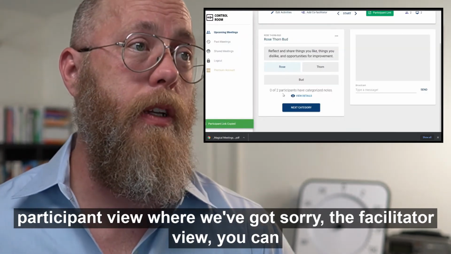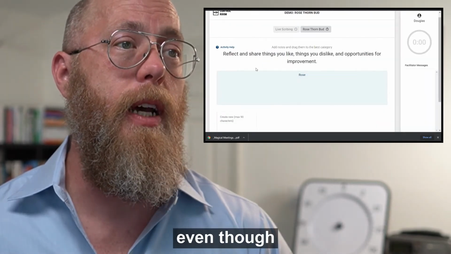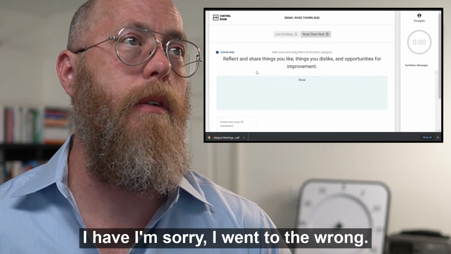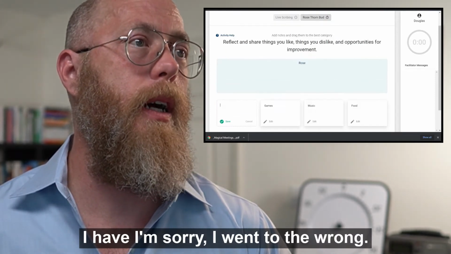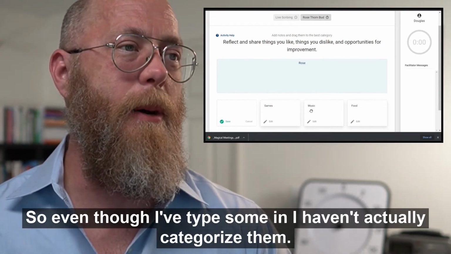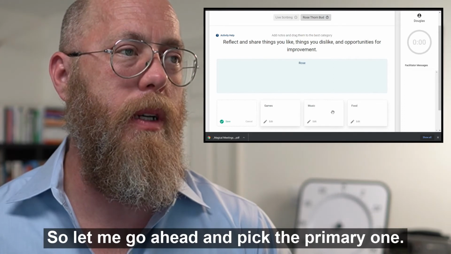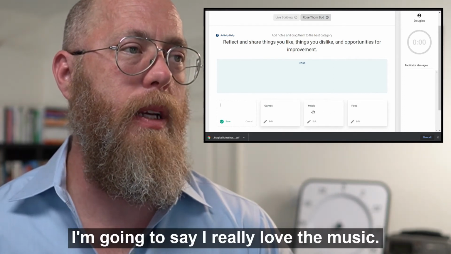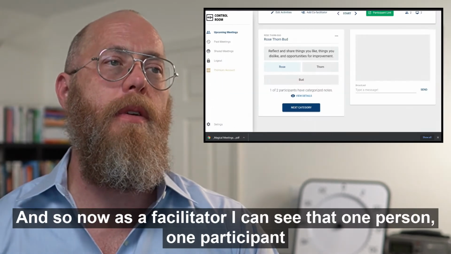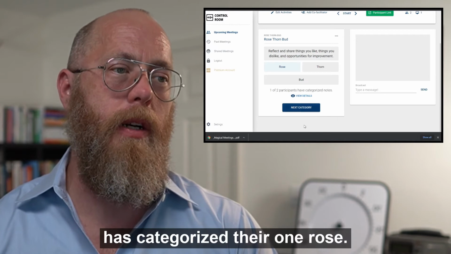facilitator view, you can see that 0 out of 2 participants have categorized. And that's because even though I went to the wrong window. Even though I've typed some in, I haven't actually categorized them. So let me go ahead and pick the primary one. I'm going to say, I really loved the music. It was really great. And so now as the facilitator, I can see that one participant has categorized their one